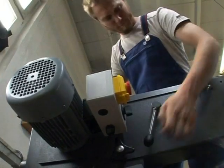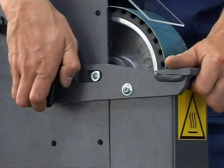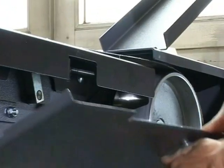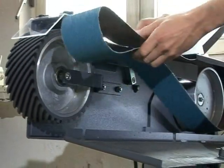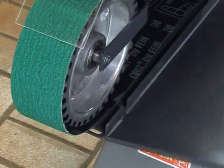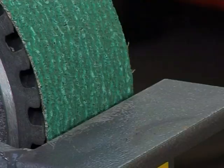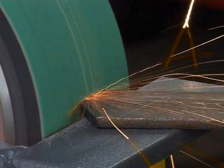In order to change the grinding belt, push the belt tensioning arm all the way down. Open the top machine cover, remove the grinding plate along the spark box, and open the side cover. Remove the grinding belt and mount the new one. Close the side cover. Attach the grinding plate. Tighten the belt. Finished. For your own protection, always work wearing eye protection and gloves, and be sure to observe